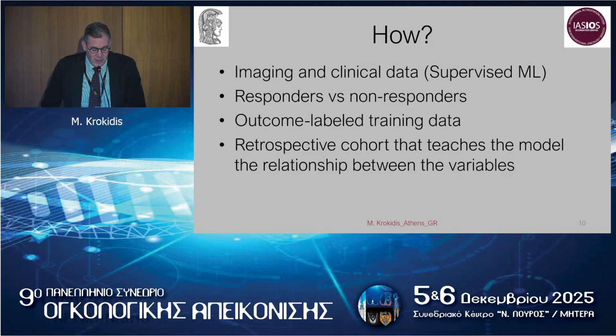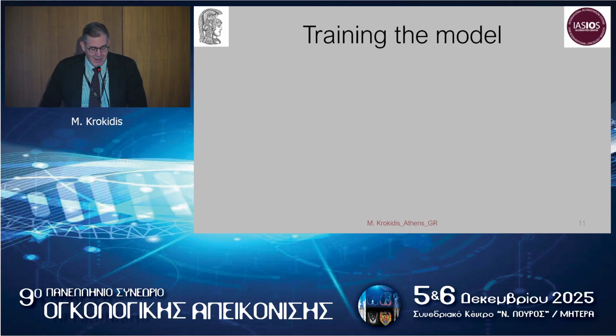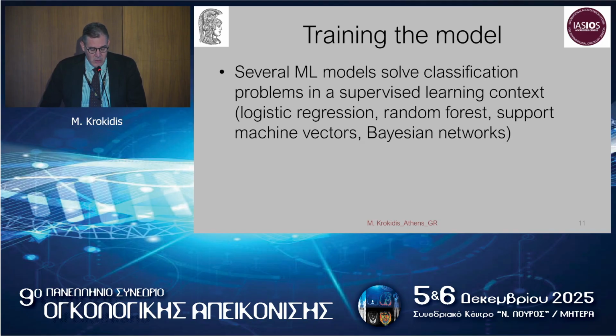models that would potentially train themselves among the variables. But of course, what we always need to have stronger models is external validation, and this is probably the weakest point of training the models. We'll have several classification systems that can be used in supervised models like logistic regression, random forest, or support vector machines, but